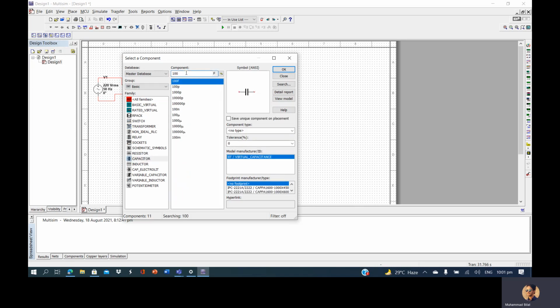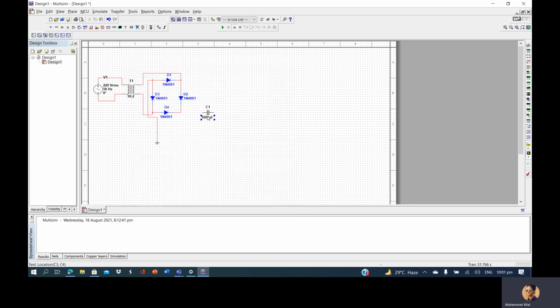We can select one and set the desired value, 1000 microfarad. We will select and place it over here. We will rotate it accordingly with Control R, and connect it to the point where we want to join it. So you can see that it is very simple to design a circuit in this simulation software.